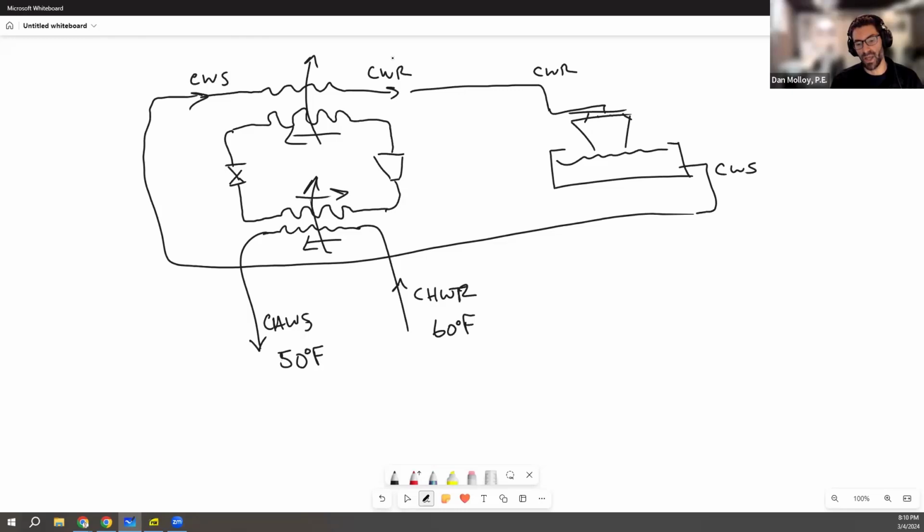And what are those operating temperatures? Maybe it's something like 80 degrees on the condenser water supply, 80 degrees maybe, and 90 degrees on the return if it's a 10-degree delta T. And I'm making these numbers up, so don't get too attached to these, but this is a kind of hypothetical situation. For a typical operation in the summer or maybe in the shoulder months when it's hot enough outside